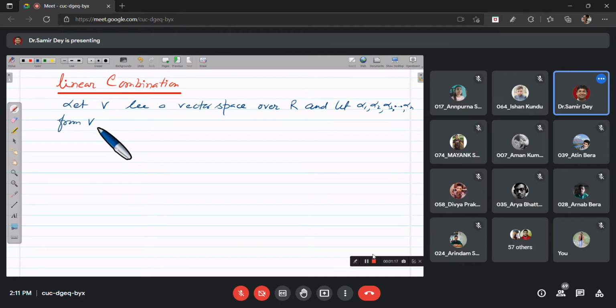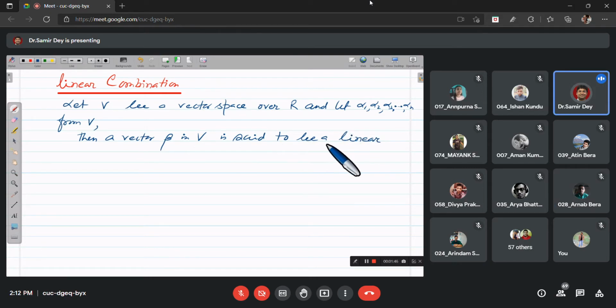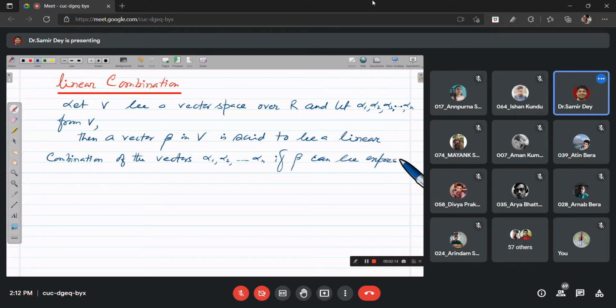from V. Then a vector beta in V is said to be a linear combination of the vectors alpha 1, alpha 2 dot dot alpha n if beta can be expressed as